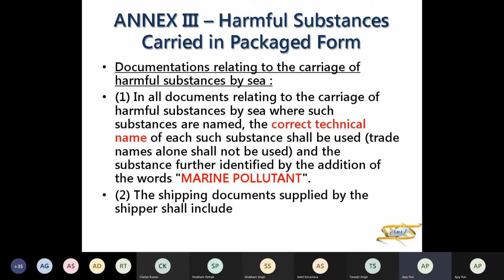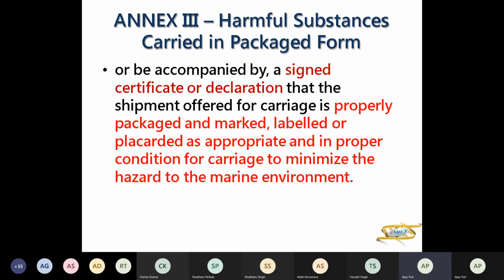अब इसमें क्या डॉक्यूमेंटेशन चाहिए NX3 के लिए, तो ऑल डॉक्यूमेंट्स रिलेटिंग टू कैरेज ऑफ हार्मफुल सब्सटेंसेस शुड हैव करेक्ट टेक्निकल नेम, ट्रेड नेम नहीं चलेगा। प्लस उसमें मार्किंग होगी कि मरीन पोल्यूटेंट लिखा होगा, मतलब इस सब्सटेंस से आपके एनवायरनमेंट में, समुद्र में पोल्यूशन हो सकता है। और इसके साथ क्या क्या डॉक्यूमेंट्स मिलेंगे आपको, एक होगा सर्टिफिकेट, साइन सर्टिफिकेट और डिक्लेरेशन बाय द शिपर दैट उसने मार्किंग प्रॉपर और लेबलिंग और प्लेकार्डिंग प्रॉपर की है, और जिससे ये हजार्ड मिनिमाइज हो जाता मरीन एनवायरनमेंट। ये उसका डिक्लेरेशन होना चाहिए शिपर का कि उसकी मार्किंग और पैकेजिंग और लेबलिंग सब प्रॉपर है as per NX3।